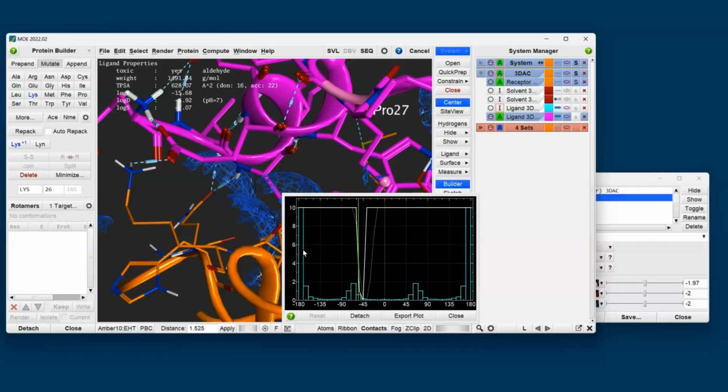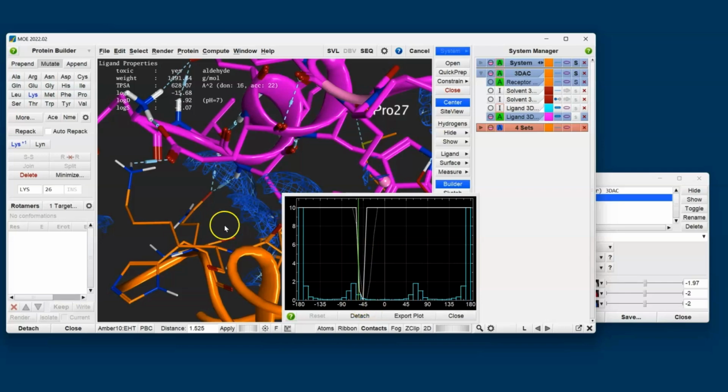Now, these blue bars leverage a program called Mogul, which is performing statistical analysis of similar crystal structures, and it's telling us here that the typical angle we'd expect to see is plus or minus 180. Now, in this case, we do find a few examples at the angle that we've set of roughly minus 4.5,